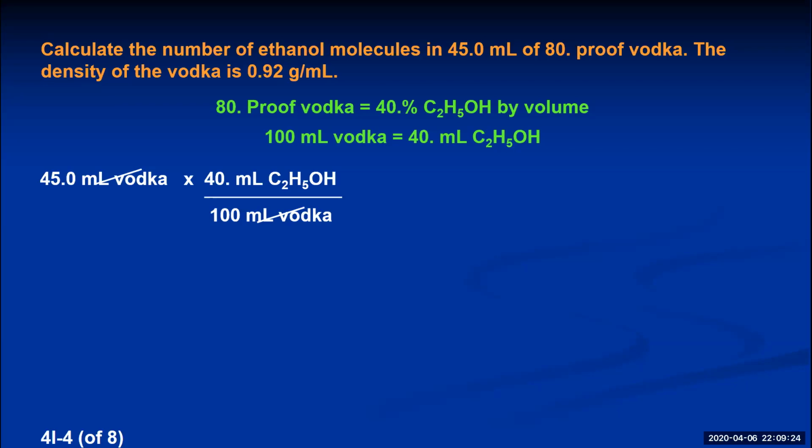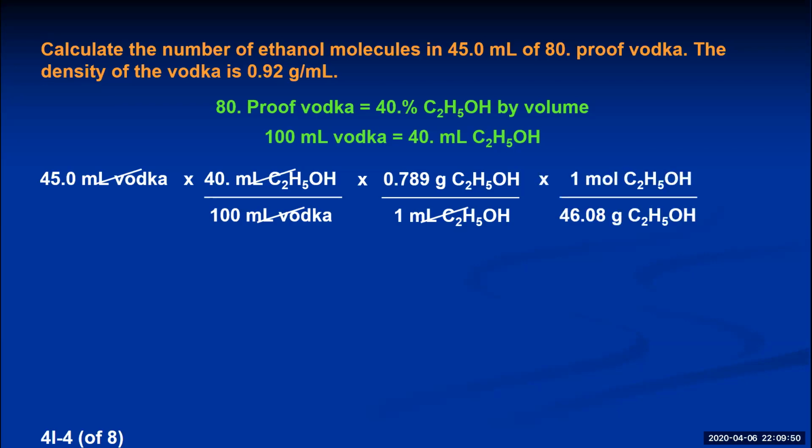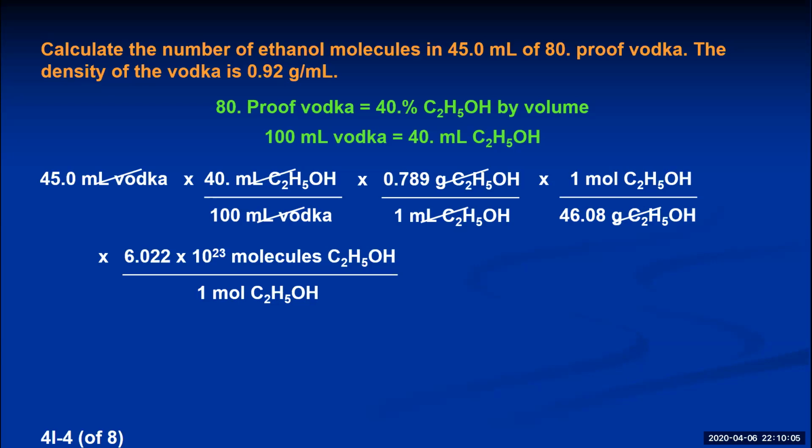So I'm not going to use the 0.92. That's the density of the mixture called vodka, which is a combination of alcohol and water. I need to go back to the previous problem and get the density of ethanol, which was 0.789 grams per milliliter. Arranging it this way, the milliliters cancel out, and now I've calculated how many grams of ethanol there are in this vodka sample. If I know grams of ethanol, I can now convert it into moles by using ethanol's molar mass with the grams on the bottom, moles on the top. And if I know moles of ethanol, this is a molecular substance, I can use Avogadro's number. 1 mole of ethanol always contains 6.022 times 10 to the 23rd ethanol molecules, and arranging it this way so